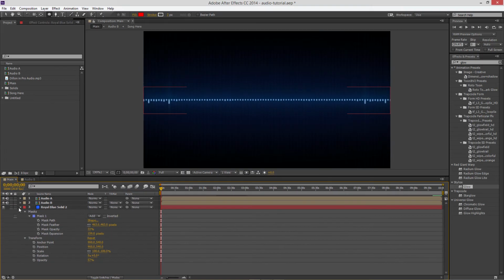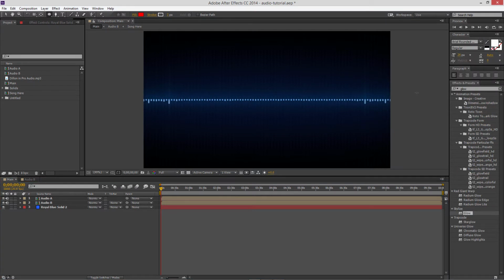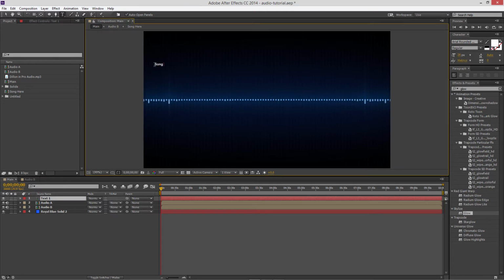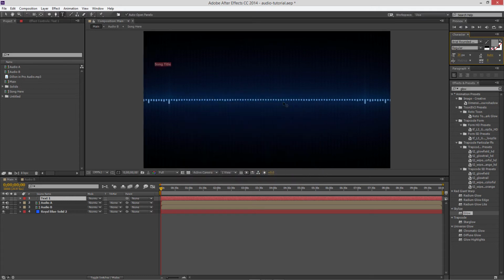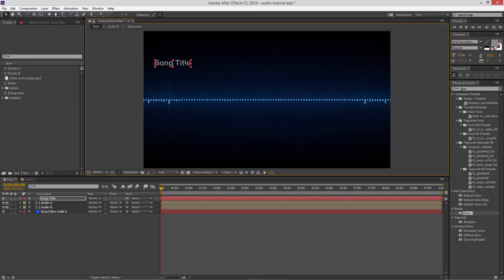So overall it currently looks like this. I hope it does look the same for you. Okay, and now I'm gonna go and type the song title. I'm using Arial Rounded, and I think I used something like this. It really doesn't matter about the text that much right now. I'm just gonna create as I think it looked, and yeah, I'm just gonna